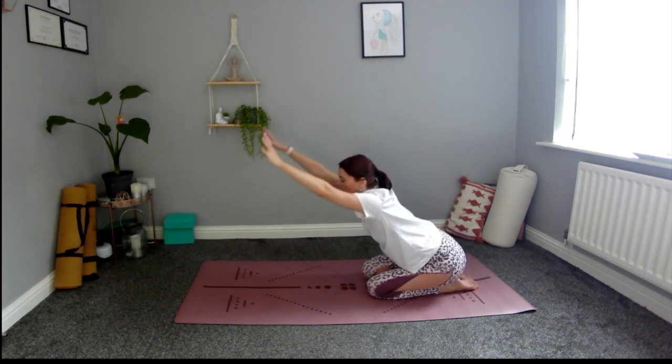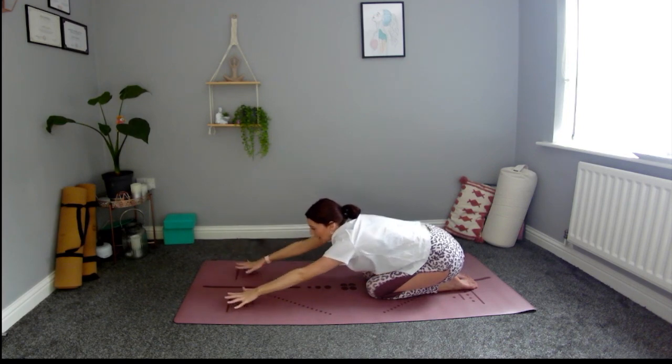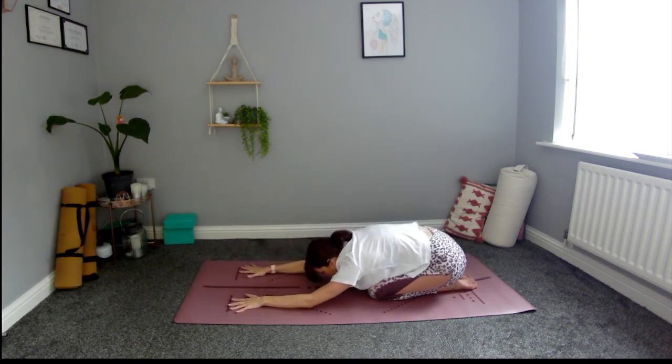Perfect. From here, we're going to do a little wake up for the torso. So we're going to do a little cactus child's pose flow that I like to do. It's one of my favourites. So we're going to start by inhaling the arms up overhead. Exhale as we lean forward, bringing the torso forward, let the hands land, let the forehead come down to the